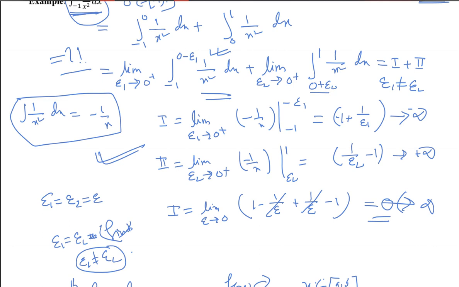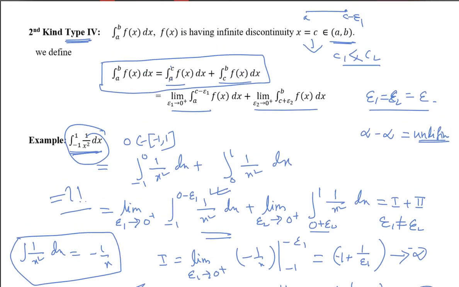Can you open statement 4 again, sir? Which one? Statement 4. Yes, tell me. Sir, does this C always have to be in between A and B? Means if we take C outside A and B, then... So why are you choosing outside? Because you have to integrate from A to B, no? Yes, sir. You have to integrate from A to B of f(x)dx. Why are you going to choose some other C? C outside the limit. Okay.